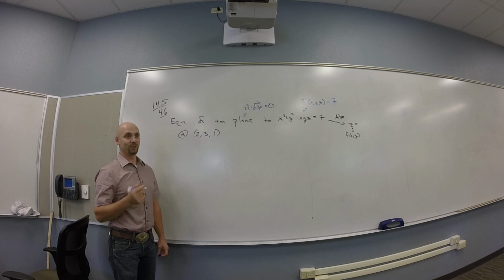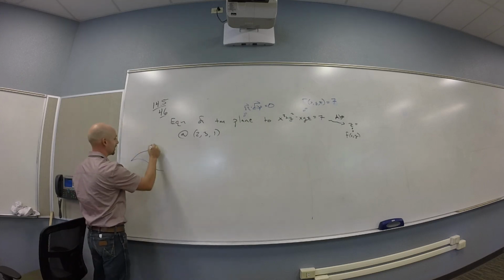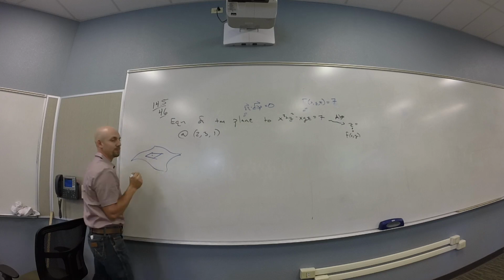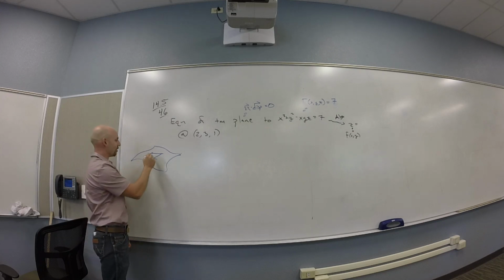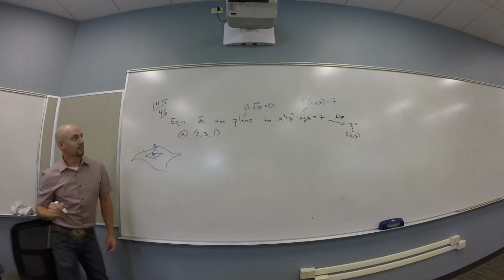You guys see that? I need two pieces of information here. So I have some kind of this surface thing, and there's some point in here, and there's a plane that seems to be tangent to that. And I'm looking for this thing that sticks straight out of the surface. That's my normal vector. You guys all good with that? All right, so